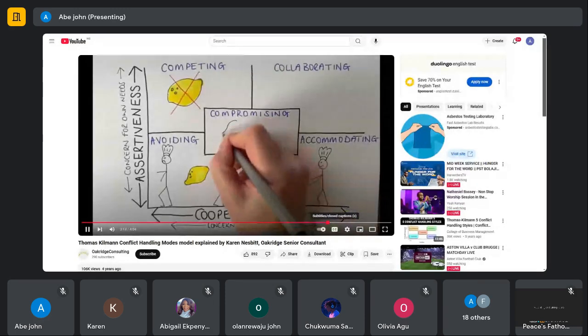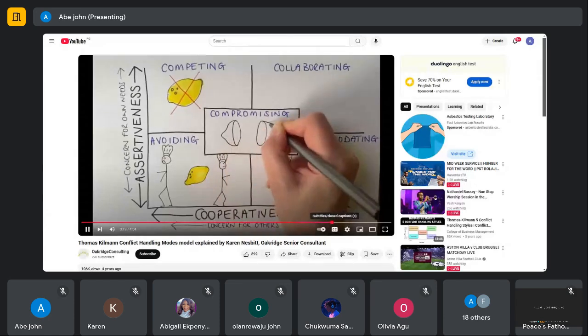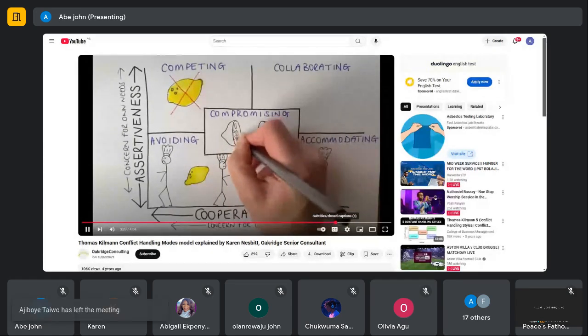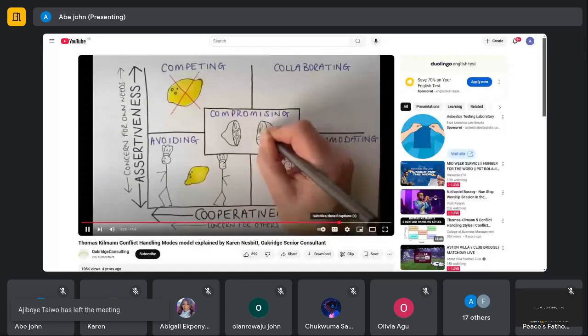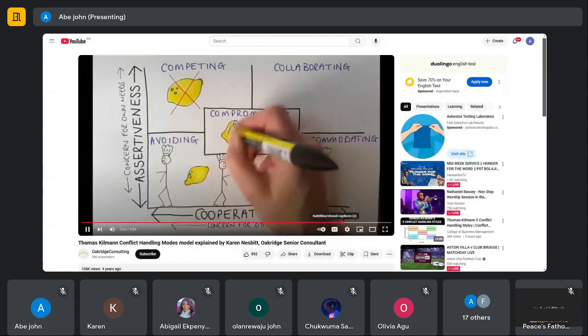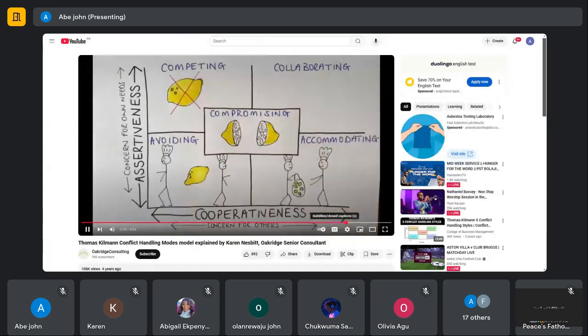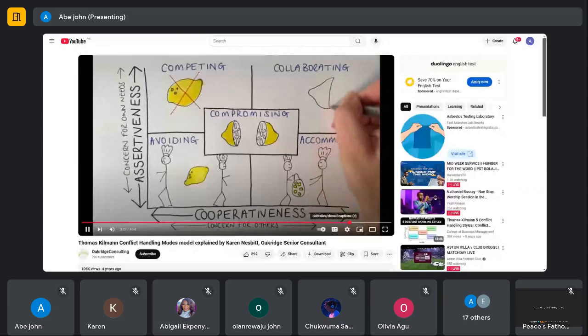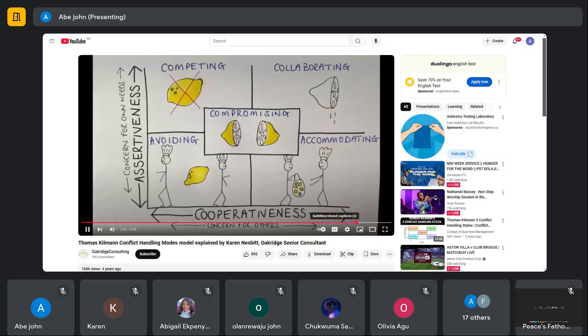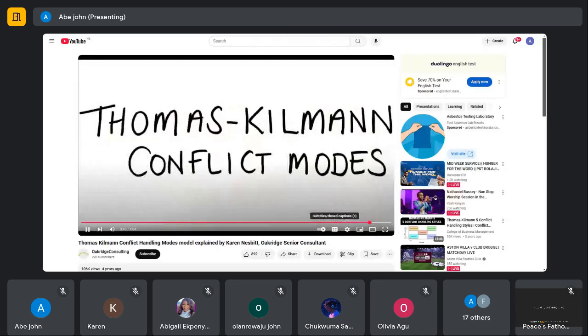Alternatively, they could compromise. They could split the lemon in half, and so to an extent, both of the chefs get some of what they want, but the customer will only get half of the lemon in the dish and again misses out. The chefs were actually making 2 different dishes, one requiring the lemon zest and one requiring the juice. If they'd discussed their needs in the first place, they would have realised that the best approach would have been to collaborate. I hope this has been a useful explanation of the Thomas-Kilmann conflict mode model.